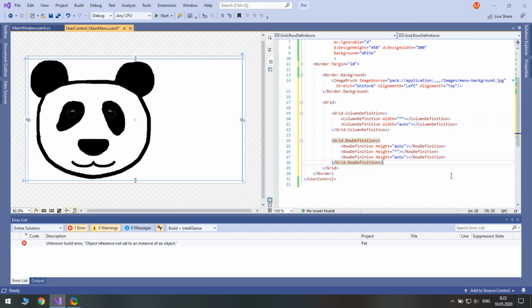In the first row, we will have text with the name of the game. Instead of label, you should prefer text block in WPF.